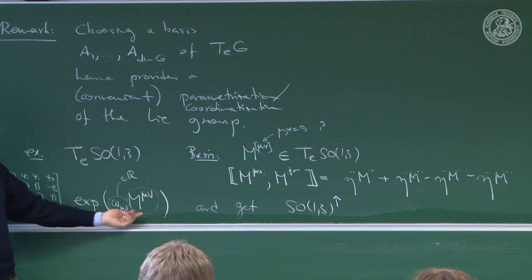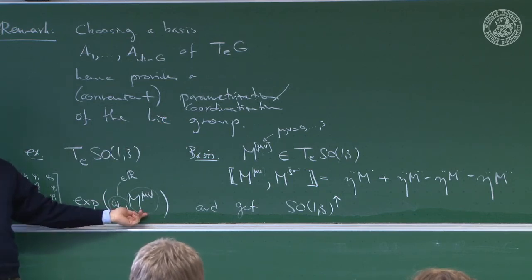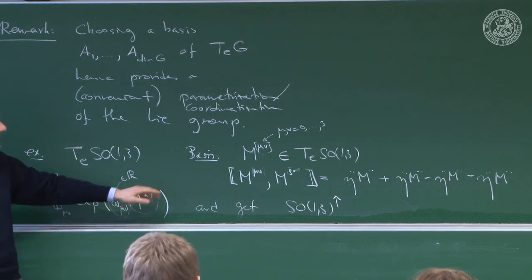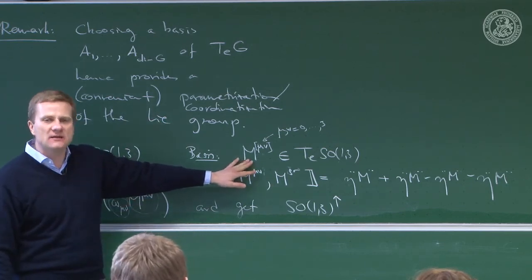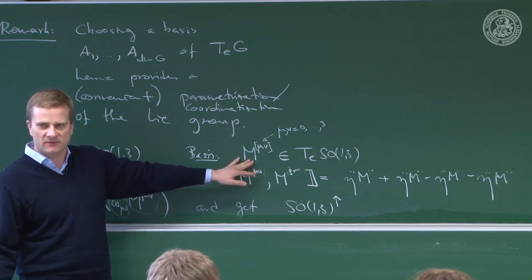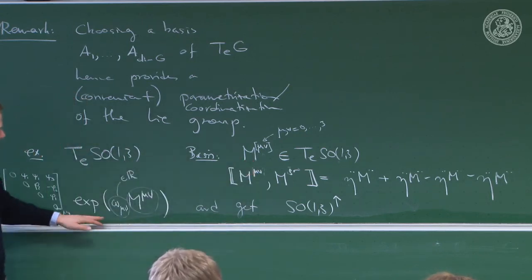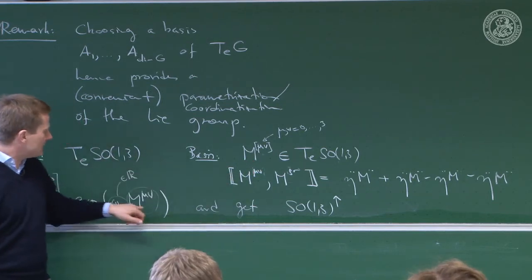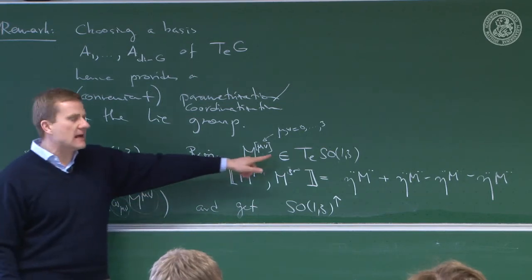And in physics, you know that you very often think of the group as being generated, so that's terminology. You say these basis elements are the generators of the group, which means nothing but that they're a basis of the Lie algebra, and the group elements are generated this way by the exponential map. Now, this is the abstract version. If you now represent the algebra,